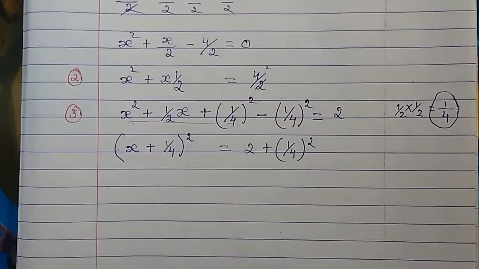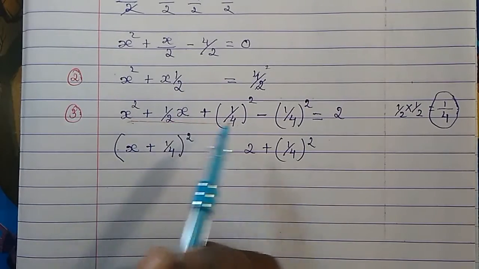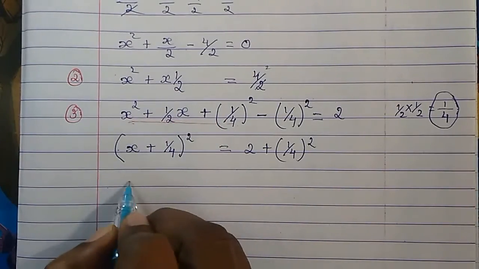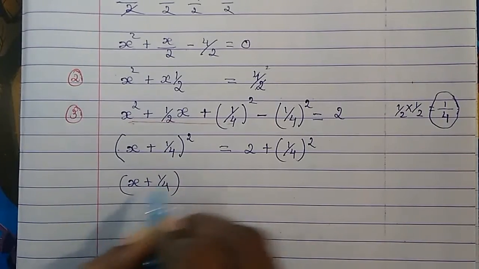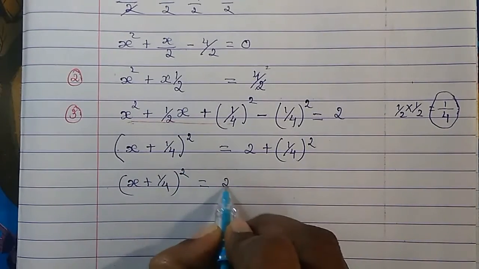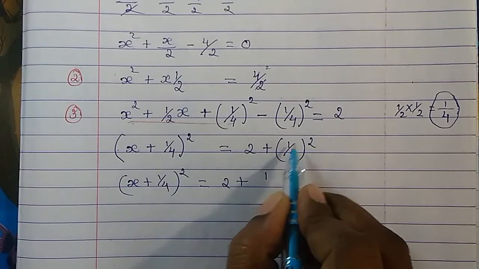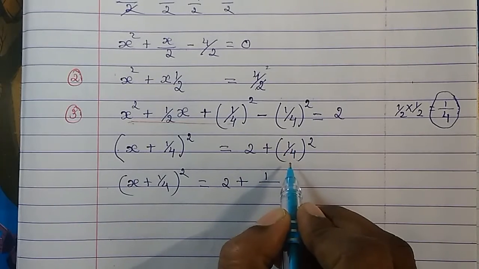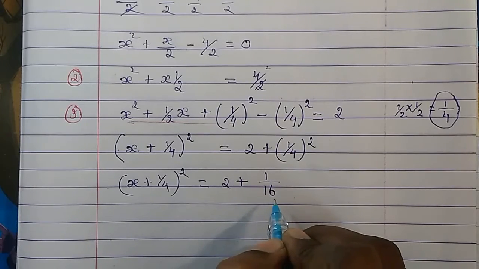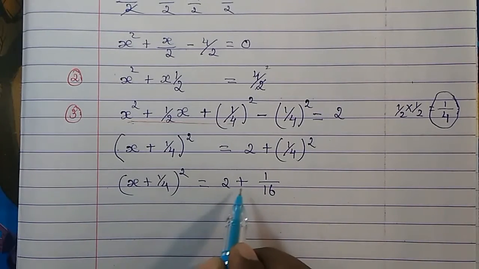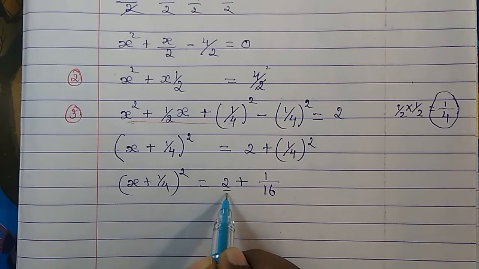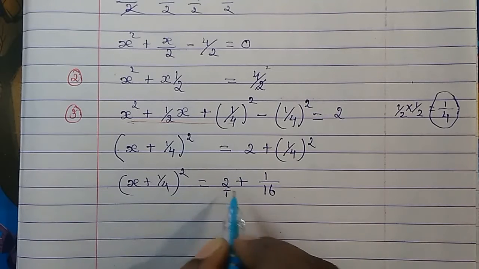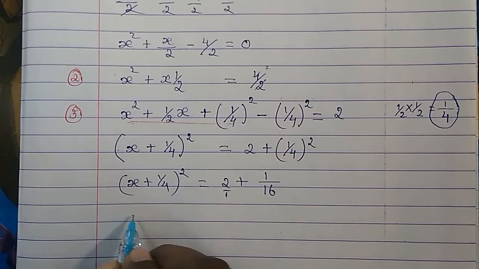That's it. Now you continue to simplify. Only in the second and third steps you have to be very careful. Now you just have to simplify. Whole square, and now this is 2. When you square this, you'll get 1 only. 4 square, you'll get 16. Now we have to take the LCM, because in the denominator here nothing is there. We want 16 here also. So both sides we will multiply with 16, taking the LCM.